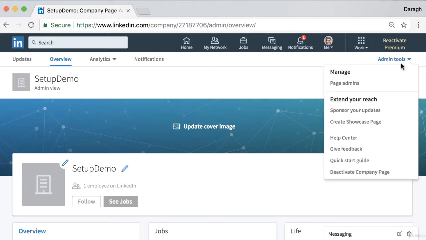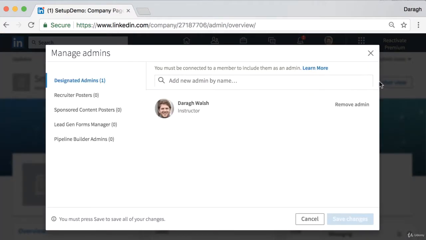So to do that, you can just click on the admin tools in the top right hand corner, click on page admins, and then you will just go ahead and add any admins in. Now they must have set up their LinkedIn profile already. So once they've done that, you can just search in there to find them, and then you can go ahead and add them. So let's just say